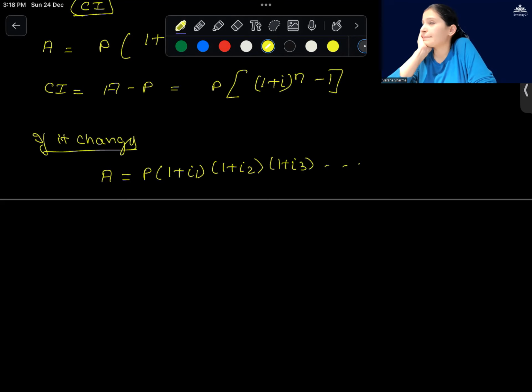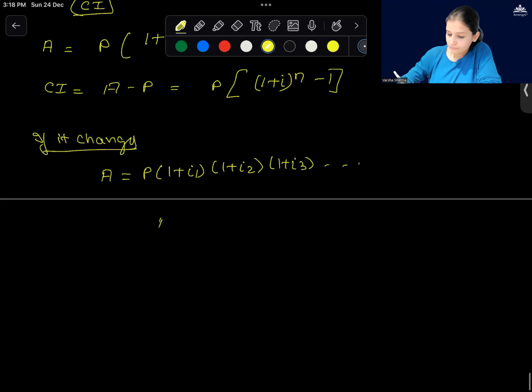So if I tell you that the principal is, for example, 100. For the first year, I'm calculating at 6% half yearly. Please listen to the question. The principal is rupees 100. For the first year, I'm calculating at 6% half yearly. And for the second year, I'm calculating at 5% annually. So what will I do? 100 into 6% half yearly, that is 1.03 to the power 2. 1 year, 2 installments. For the second year, it's 5%.